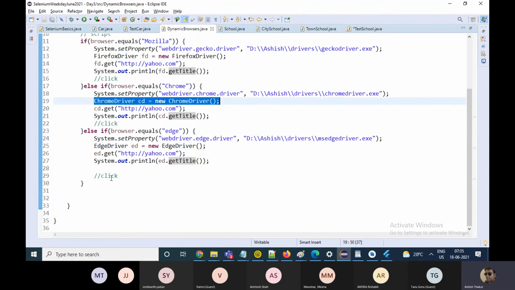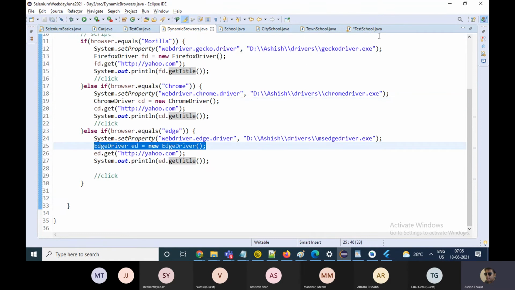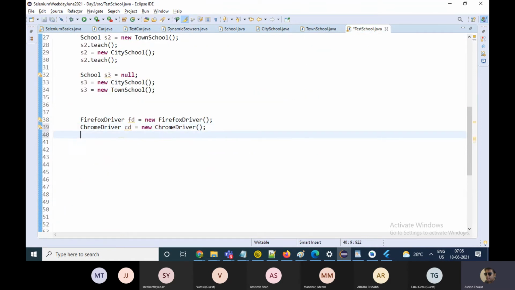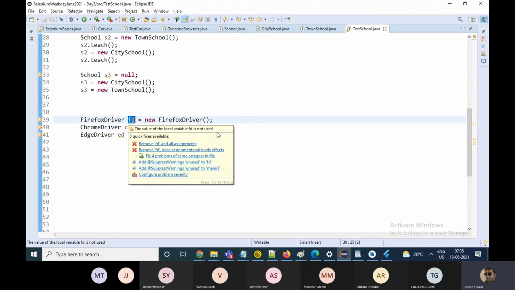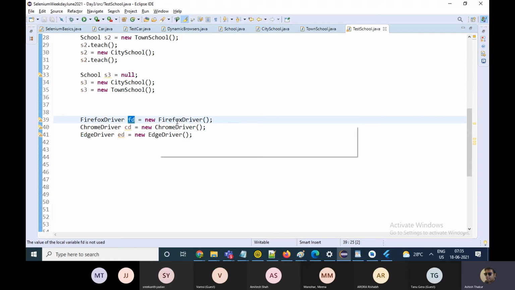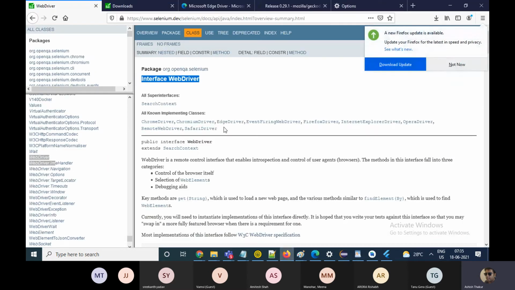You can create it, that's not a problem, but then you will be limited to different references for each browser. Now we know that each of the browser classes implements the WebDriver interface.